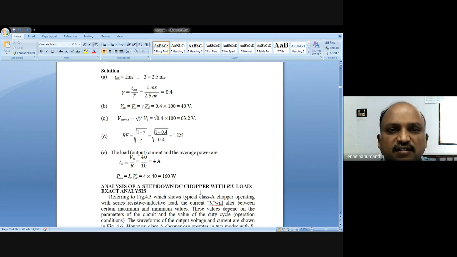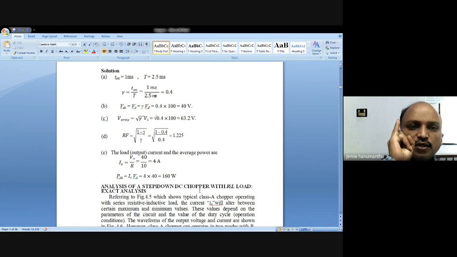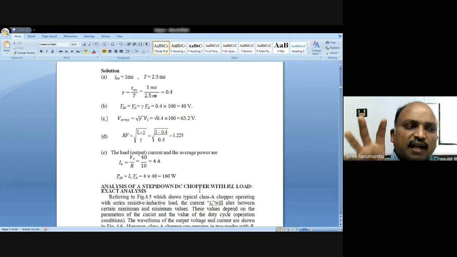In the place of R, you can connect a resistive inductive load, RL load, or RLE load. RLE means here a DC motor.